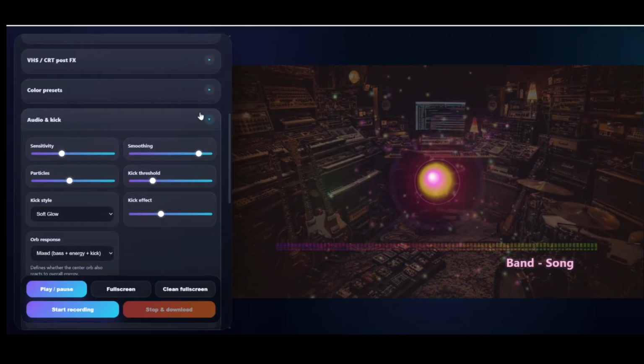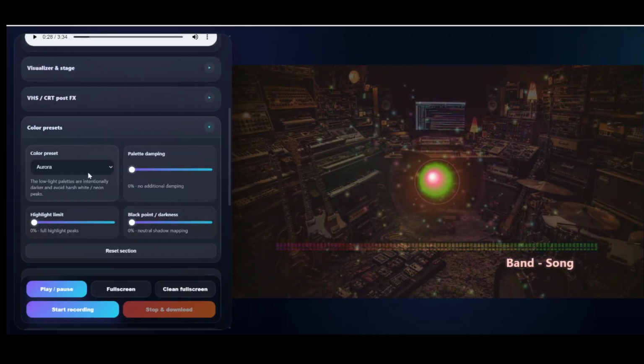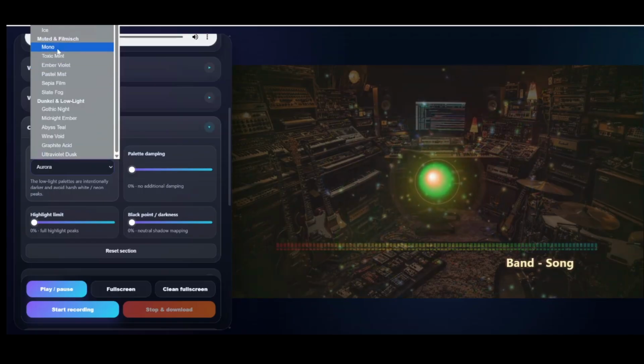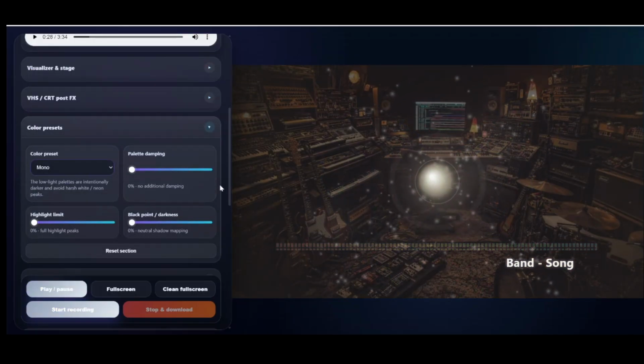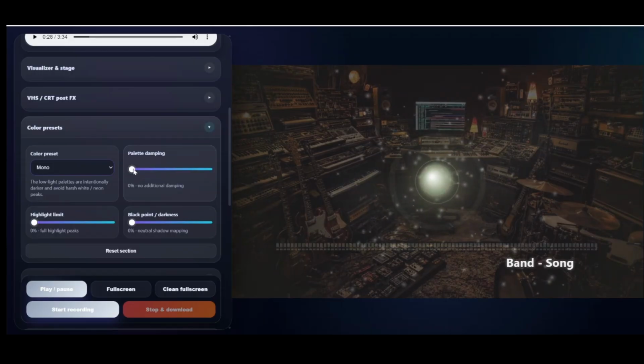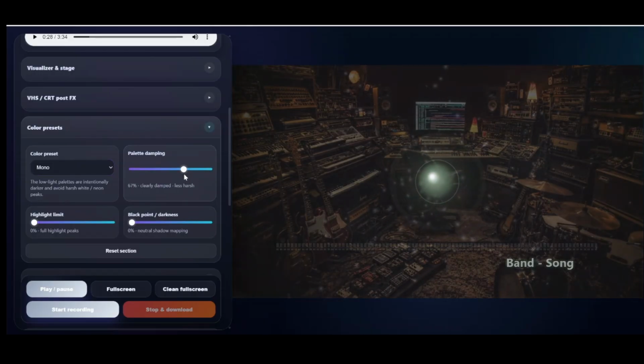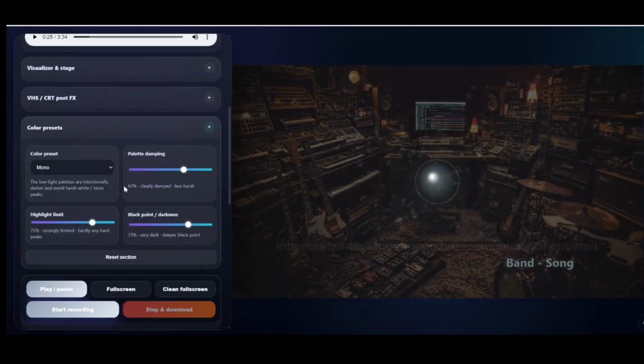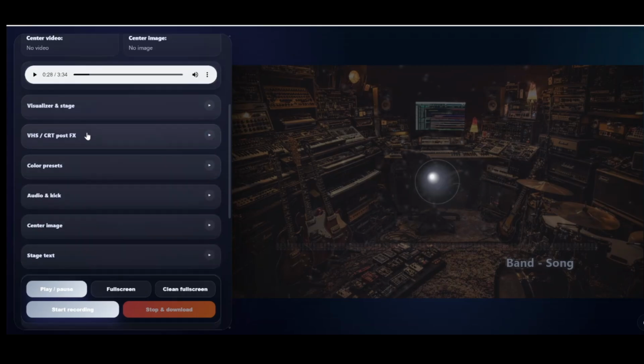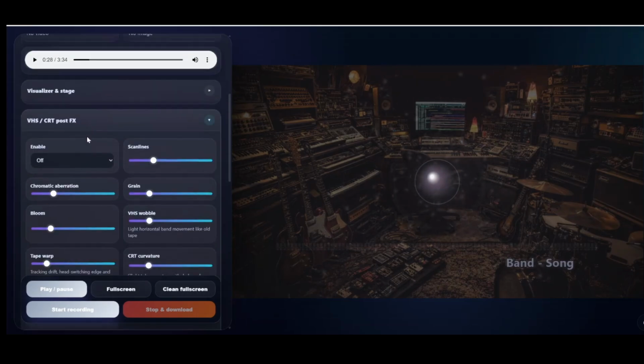But that's really specific. And then important, I think, is also the color presets. For example, if you want to have mono color, a little bit more dark, then you can choose this one. And if it's too bright for you, you can also damp the palette, or darkness, or the highlight limit, or whatever. So there are a lot of options here. There are some post effects. I will not go into detail, but they are mostly like you